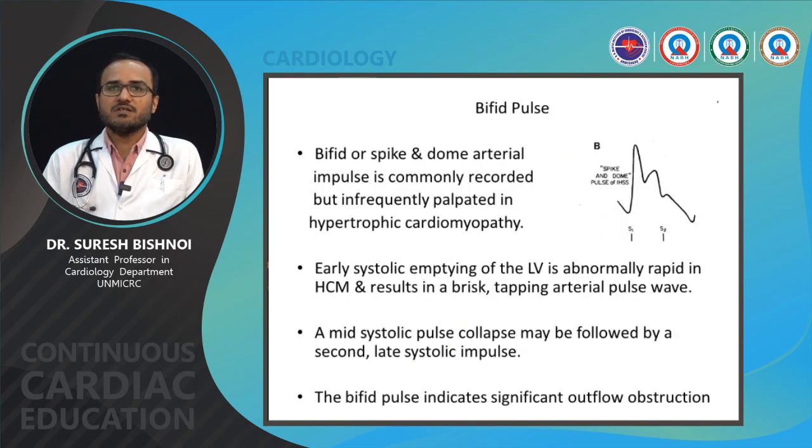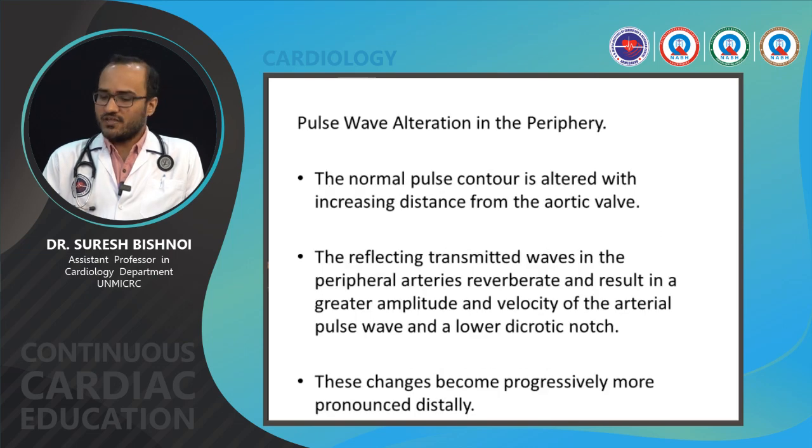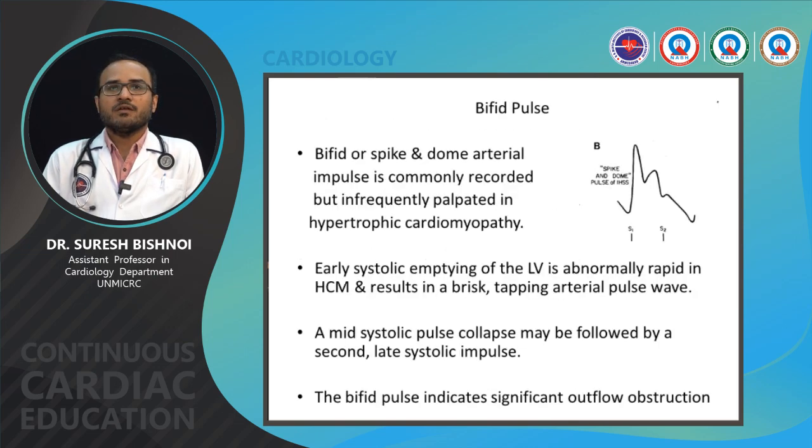Then next is the bifid pulse or spike-and-dome pulse, typically shown in hypertrophic obstructive cardiomyopathy, and you should have a mental memory of these two pulse configurations, this spike-and-dome and this bisferiens pulse. It is commonly recorded during invasive blood pressure monitoring or pulse examination. It's very difficult to demonstrate this bifid pulse clinically,